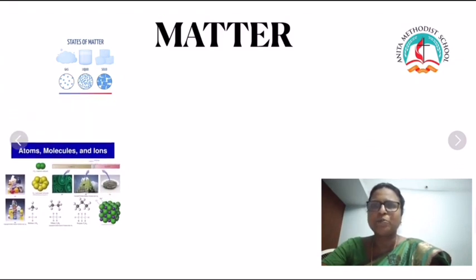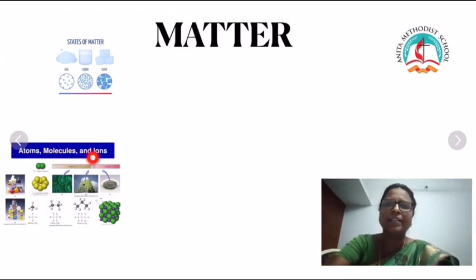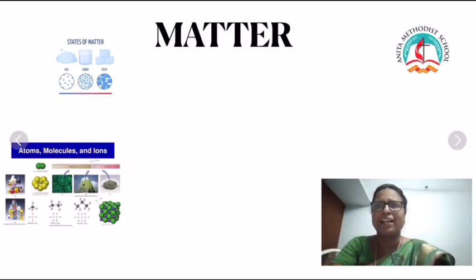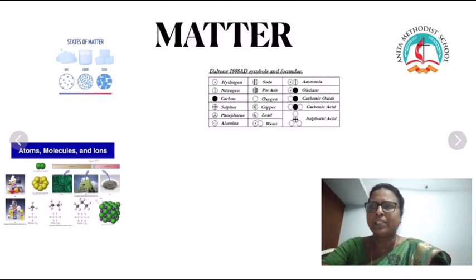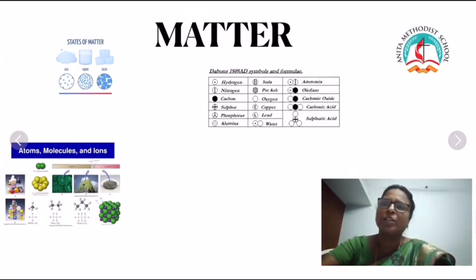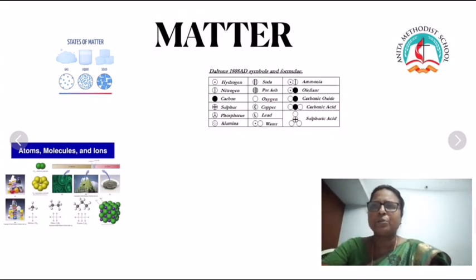Then next you learned how matter is composed. Matter is composed of smaller particles such as atoms, molecules, and ions. And then we learned the symbols. First one is the Greek symbol. In ancient Greek, they used geometrical shapes as symbols, isn't it? John Dalton used pictures as symbols. You are seeing here. Nowadays, we are not using the John Dalton symbols because it's difficult to draw the symbol as a diagram every time, isn't it? That's why we are not using it nowadays.